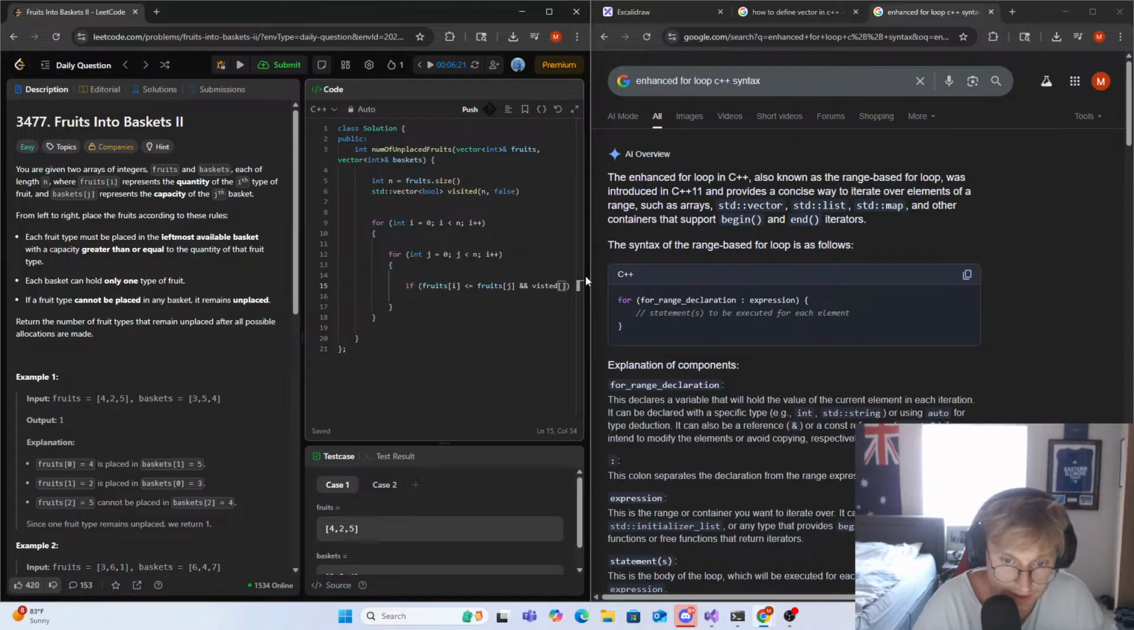IJ, and we also want to check, well, if we're in our visited too, right? So we visited... We don't want to use visited i, we want to use, well, because we're looking at each value, we probably want to use visited j, I would assume. Our j index is when we look through each value, right? And if our j,